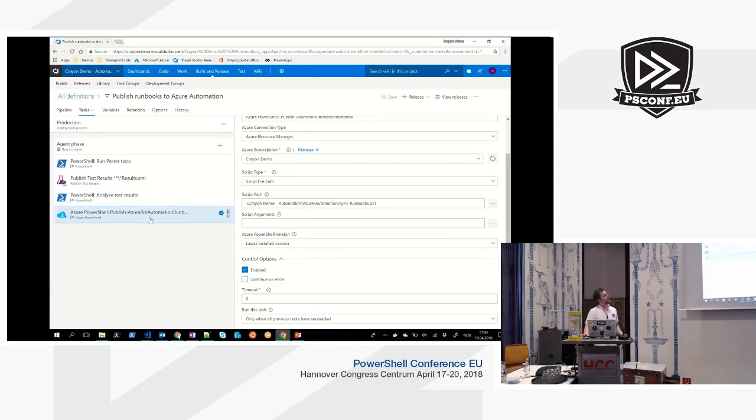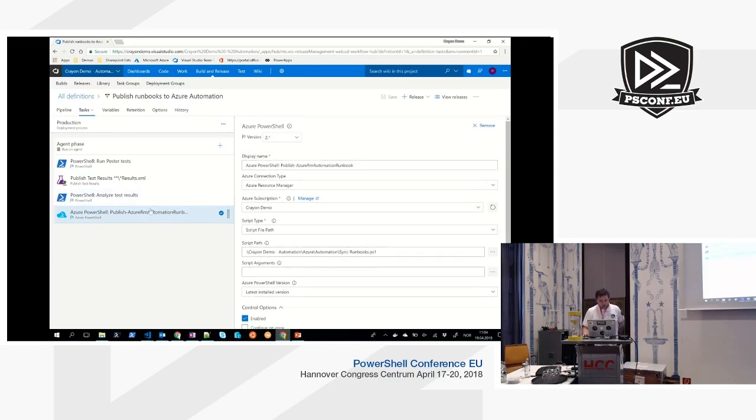So for instance, if everything went fine with all of the tests, we can go ahead and publish our runbooks directly to Azure Automation. And in this example, we are using the native Azure Resource Manager connection, so I don't have to set up any authentication inside of the script that will sync the runbooks, because it will be automatically authenticated using these native